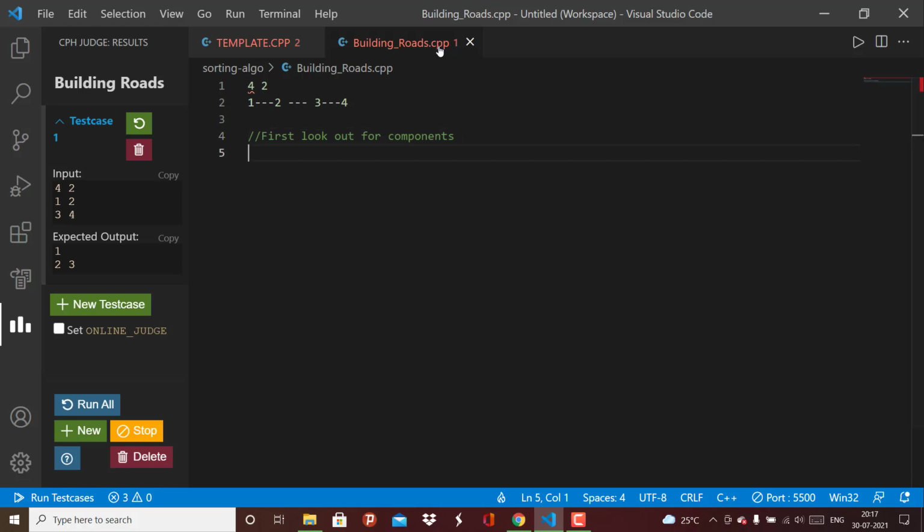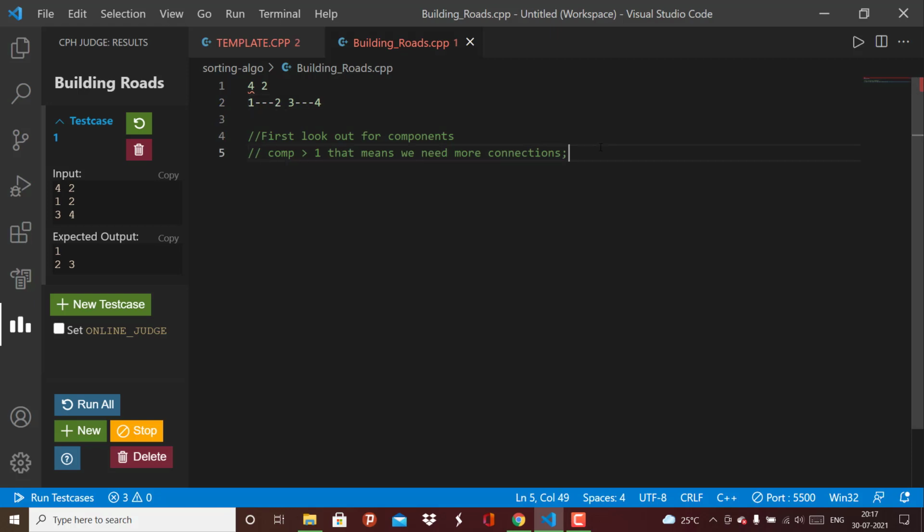And after that, if components are greater than 1, that means we need more connections, which is we need to build more roads. As we can see in the input example, we have two components, so we need to build one road here, as the expected output is.